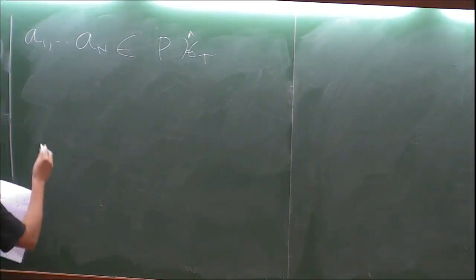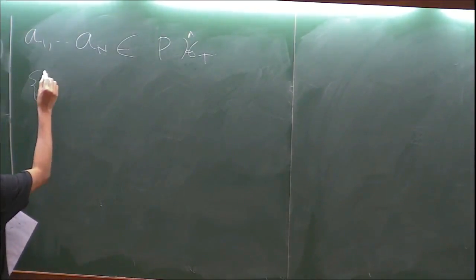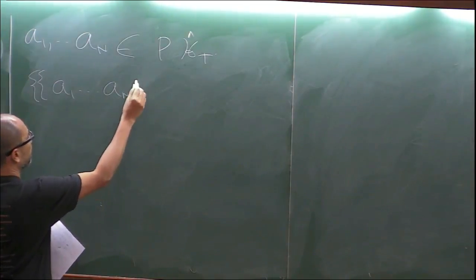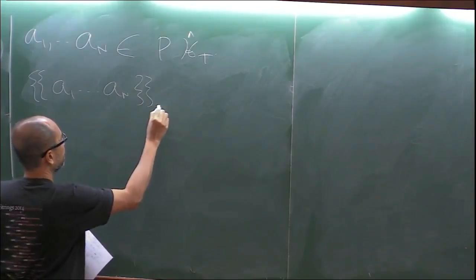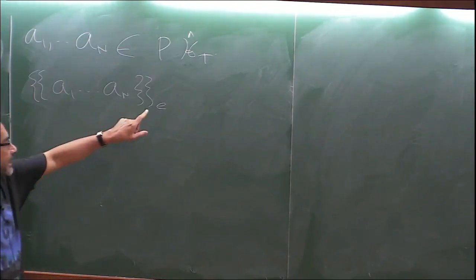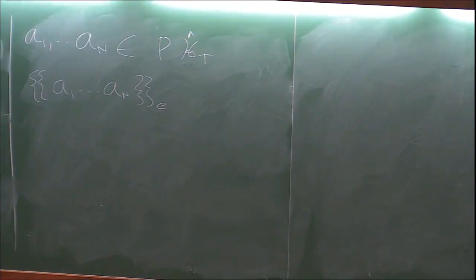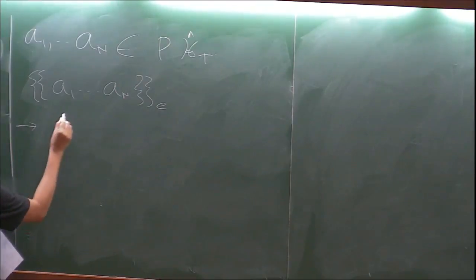We'll define this symbol {A1 to An}_E, where E will stand for effective. Note that I have used the same curly bracket, and the reason will become clear later. But it's not the same curly bracket as the original, because I have the subscript E. So what is this? This by definition is a full Green's function